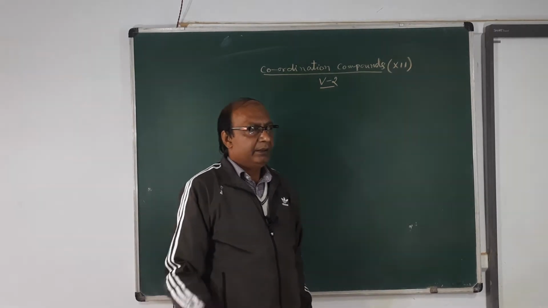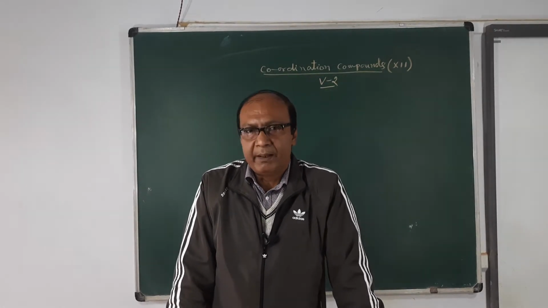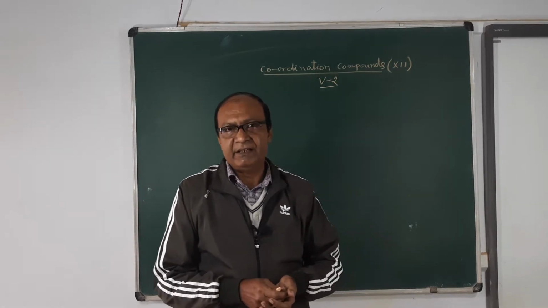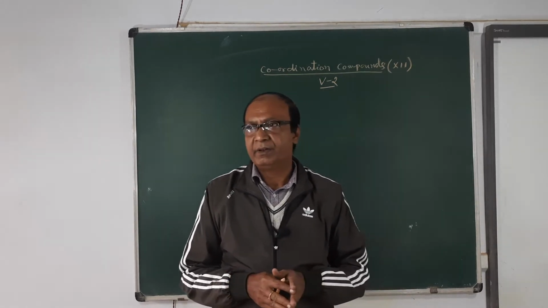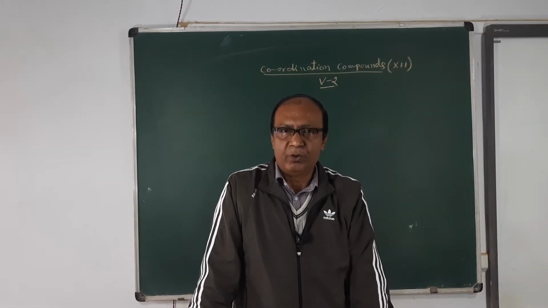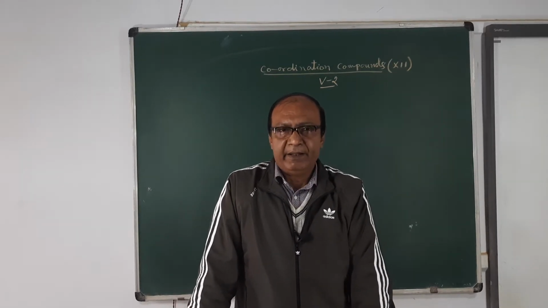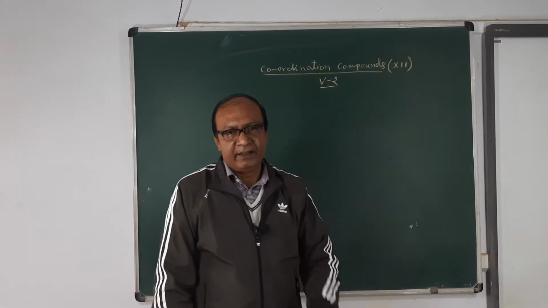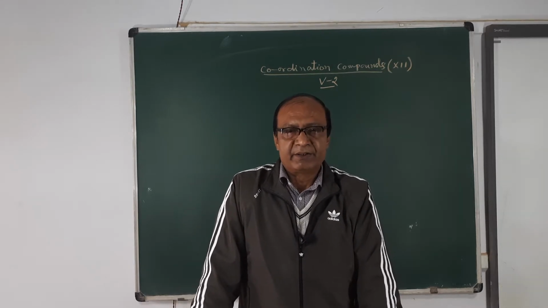Now see, in our last video, video number 1, we discussed ambident ligands. Ambident ligands or ambidentate ligands mean the same. Ambidentate ligands are those ligands which are unidentate but can link through different donor atoms to the central metal atom or ion. They have the ability to have more than one donor atom, though they are unidentate. The examples are CN minus, NO2 minus, SCN minus.